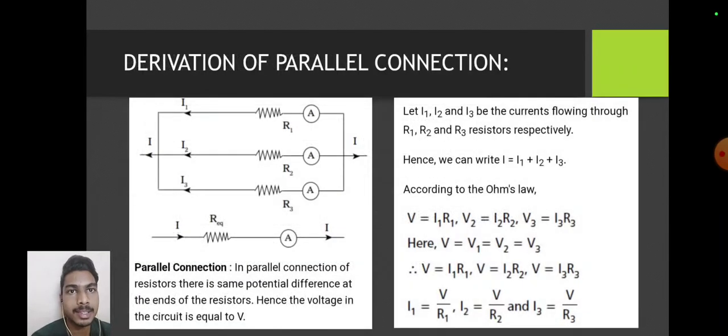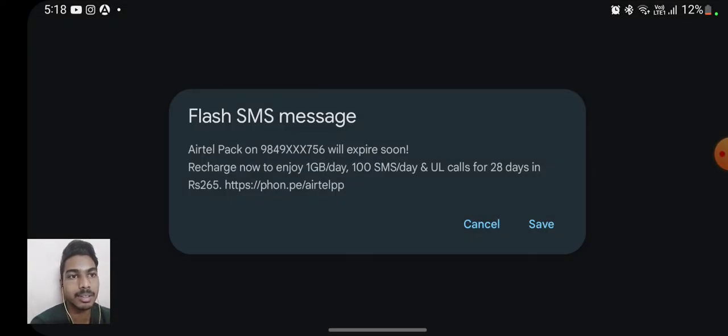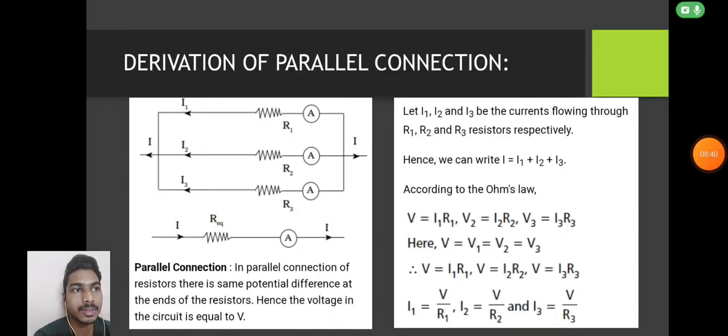Now let's see the derivation of the parallel connection. In parallel connection of the resistors, there is the same potential difference at the ends of the resistors. Hence, the voltage in the circuit is equal to, so basically